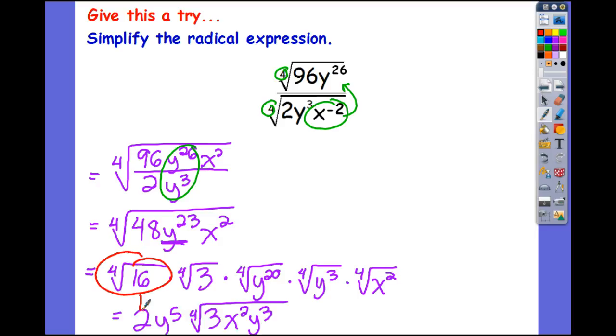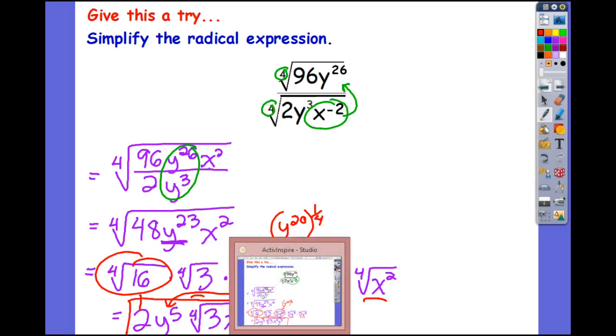4th root of 16 is 2. Y to the 20th to the 1/4 power. So this is like saying this. 20 divided by 4 would give you 5, so y to the 5th. And then everything else would just stay under that 4th root. So this is your most simplified